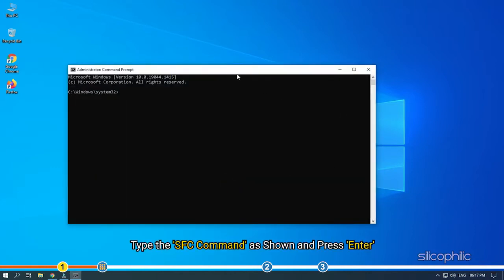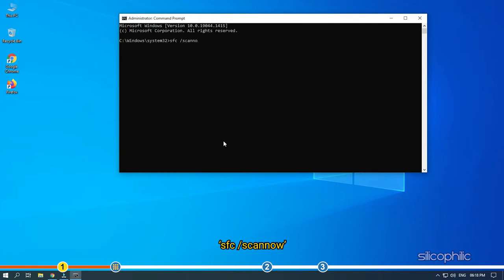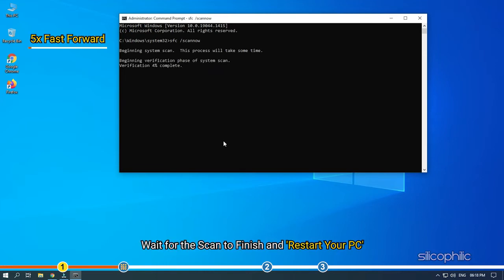Type the SFC command as shown and press enter. Wait for the scan to finish and restart your PC.